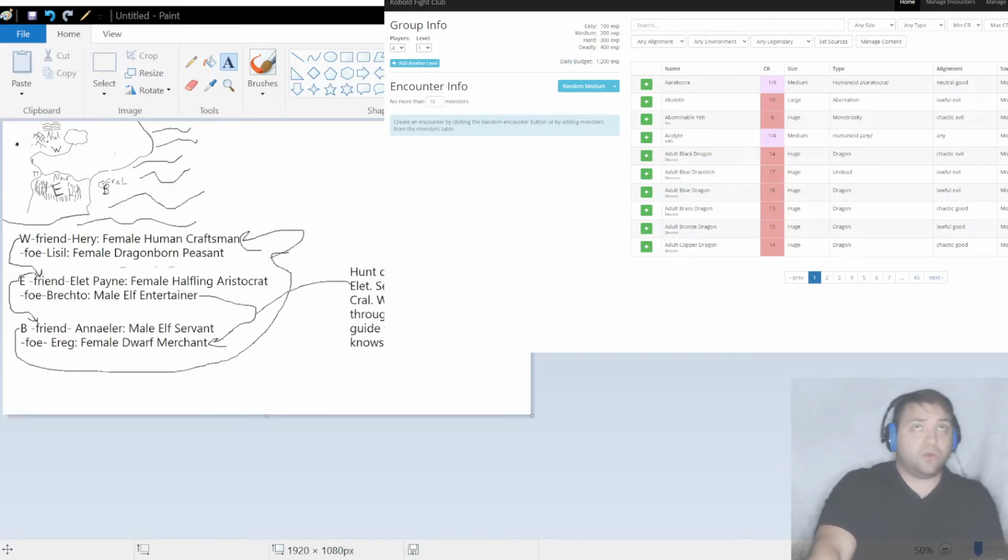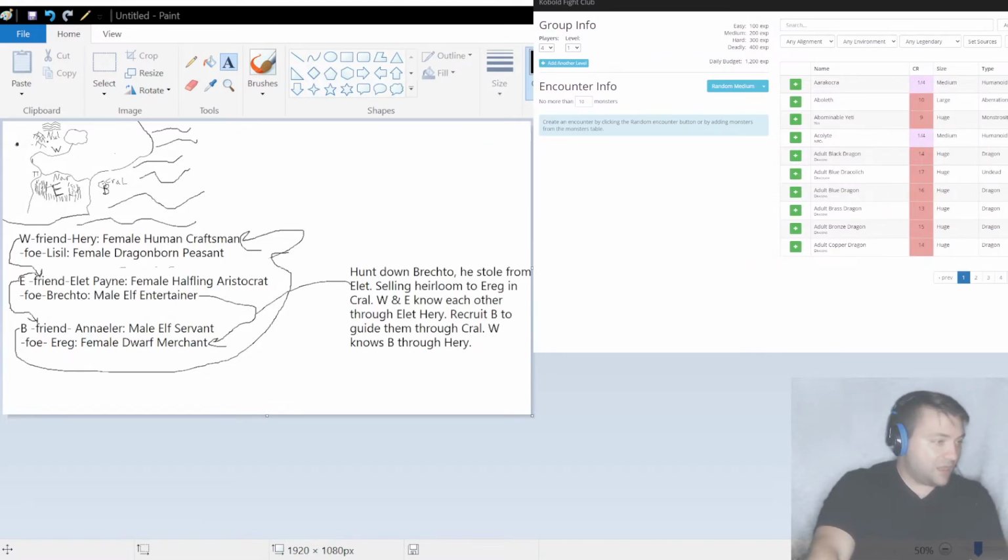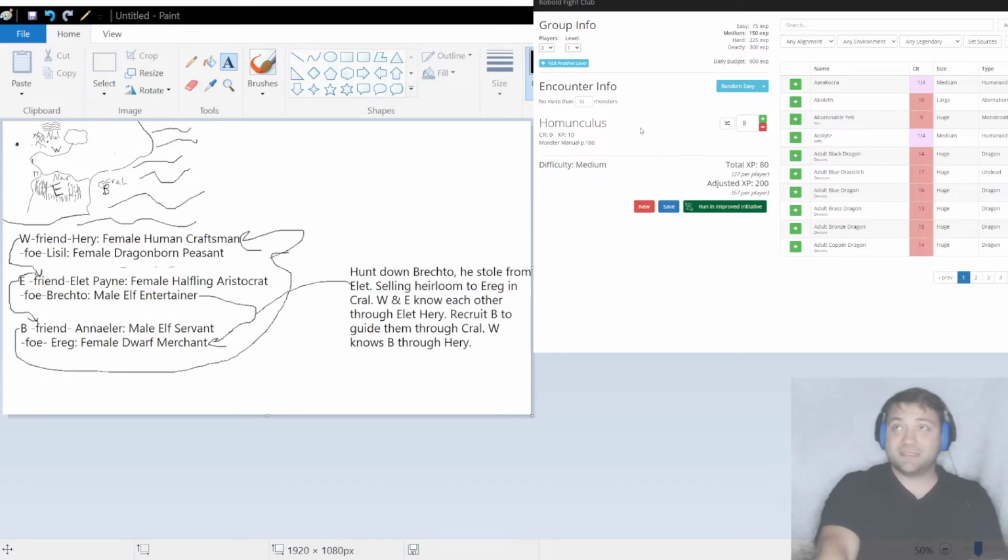So now you have your map, you have your campaign story figured out. All that's left is going to be you're going to figure out your actual encounters for your campaign, and you say, all right, we got 3 level 1 heroes. Let's start with an easy encounter. 8 homunculuses sounds